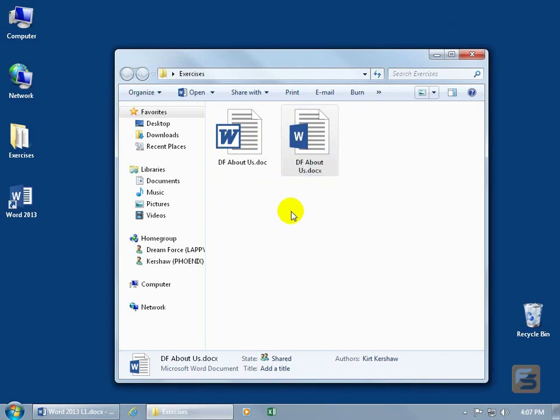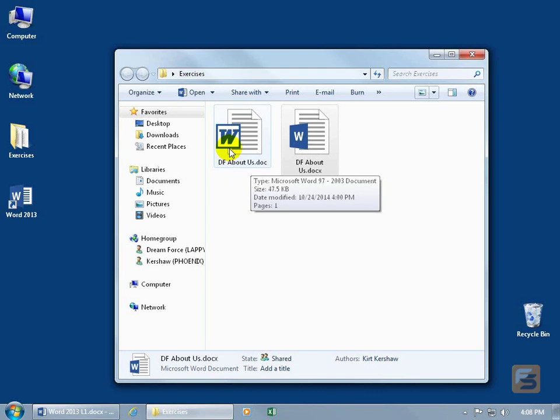So, as you recall in that previous training video, we saved this document into the earliest version, from 97 through 2003. When you do that, it gets rid of the X, which makes it a more stable and smaller file size document, and also gives us that earlier version icon. So if somebody sends you a document that they created in the earliest version of Word, 97 through 2003, and